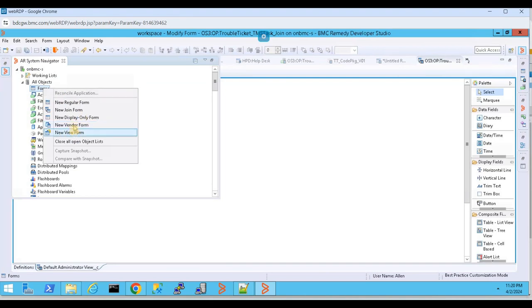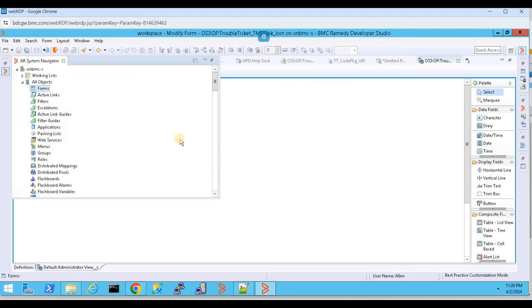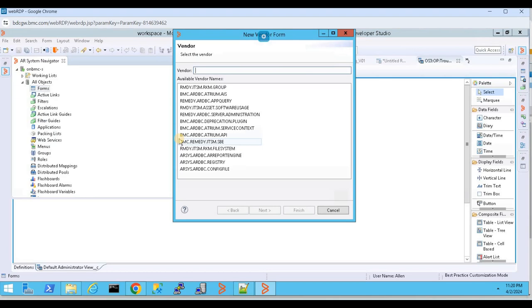Now we have two new forms called vendor form and view form. This vendor form, we are not using it quite frequently now. Earlier it was used, but nowadays we are not using it, but still we'll just have an overview of it. So vendor form is a form which you can define based on